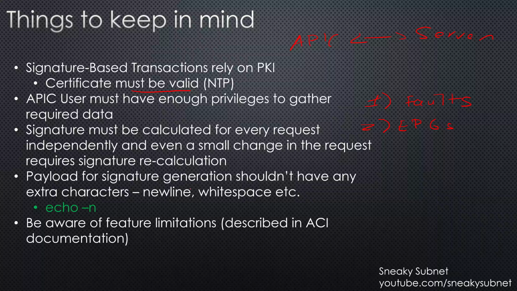Also, the payload for signature generation shouldn't have any extra characters like new line, whitespace, etc. The easiest way to achieve that would be to use the echo -n command in Linux or macOS. And also be aware of feature limitations. They are described in the ACI documentation, and I will show you right now the 2 documents that you need in order to actually configure